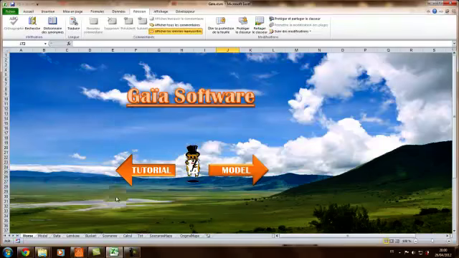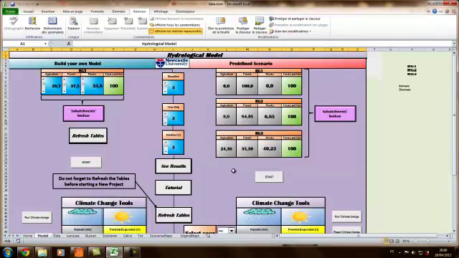So we are here on the home page of the Gaïa software. As in the second tutorial, you can click on the model arrow to go to the model sheet. You have already seen this sheet when you learned how to use the predefined scenarios. Nevertheless, in this tutorial we're going to learn how to build our own model. As for the predefined scenario, you got here